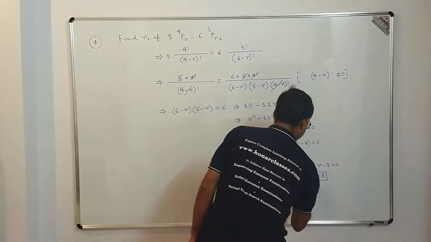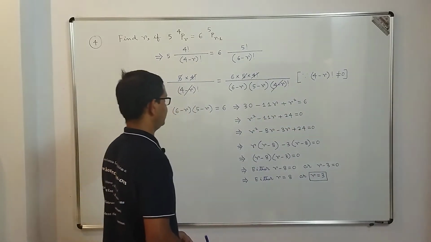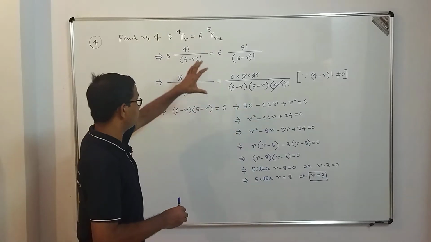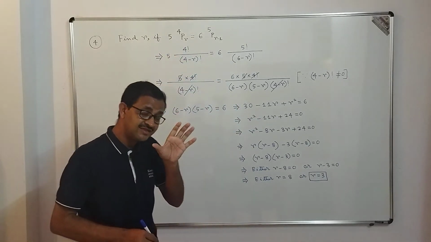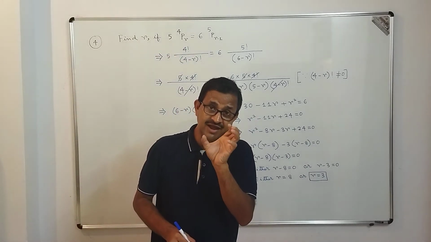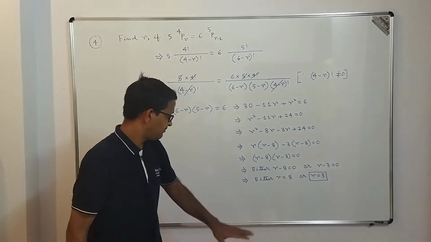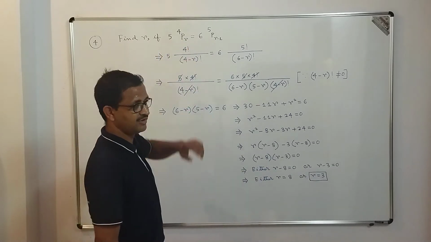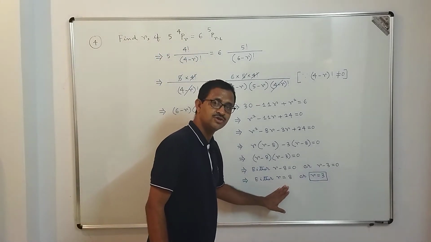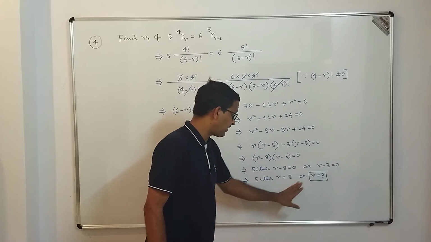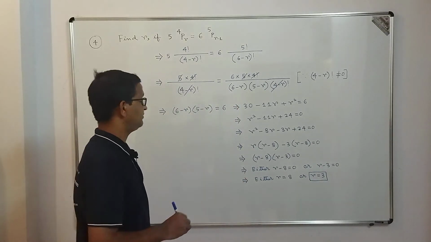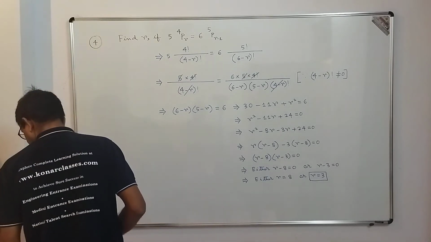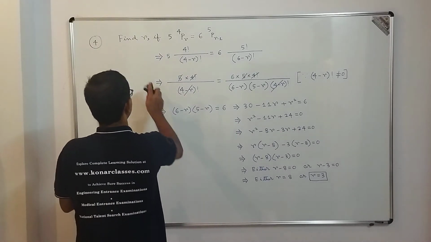So this is the justification you need to give while solving questions. Whenever you get this kind of values, you apply those values in the given question to make sure whether that is making any sense or not. For example, r equal to 8 we get, but that doesn't make sense in context to the question, so that cannot be a solution, whereas r equal to 3 is an acceptable solution. Now let's proceed to the next question, dear students. Let me rub it off and proceed.